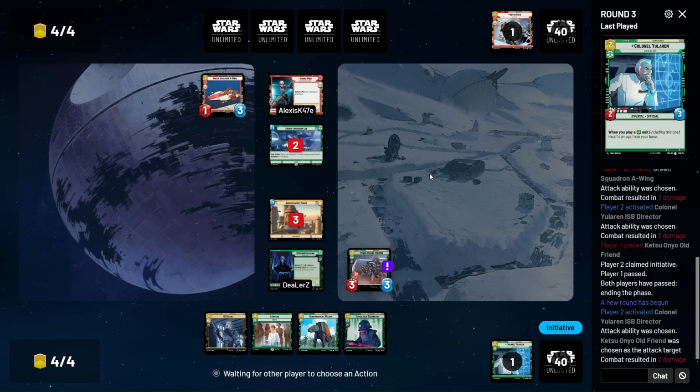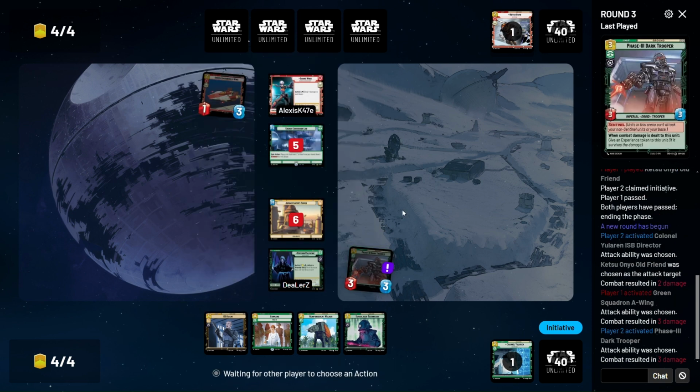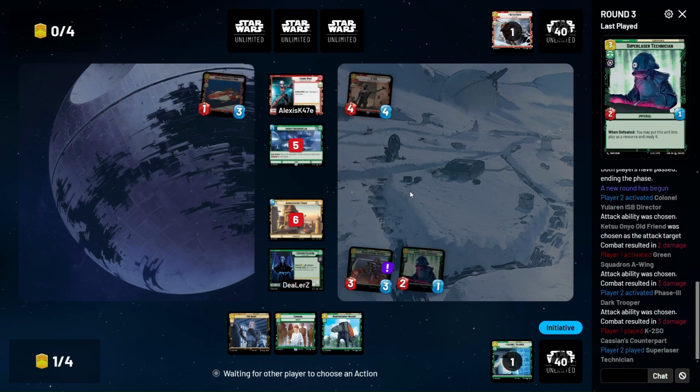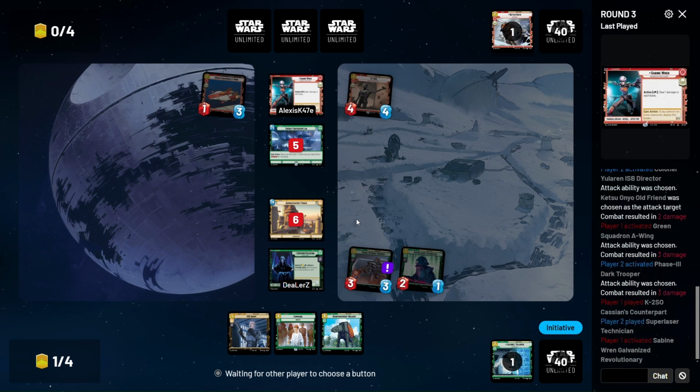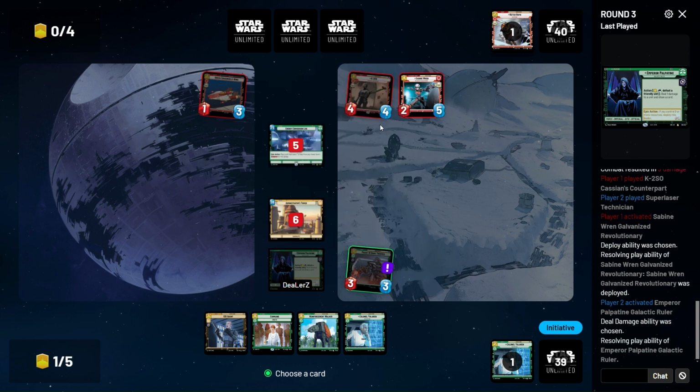We could also just play Superlaser Tech here, kill it, ping a thing, and ramp into command next turn, which is pretty good, especially if we are able to keep the Dark Trooper alive. I think that's a good thing. Okay, he did an ECL, which I'm surprised by. I actually think he should have ECL'd there. Yeah, because Sabine can't kill the Phase Dark Trooper, so